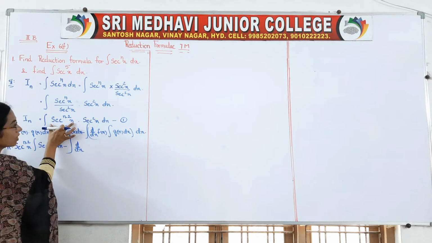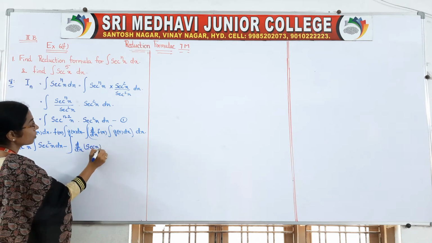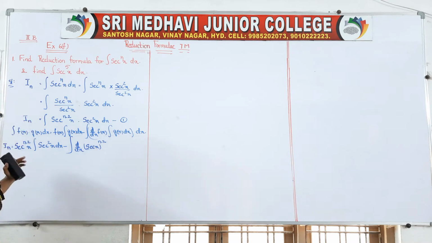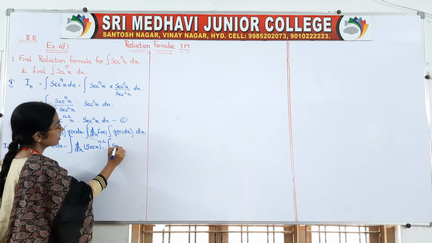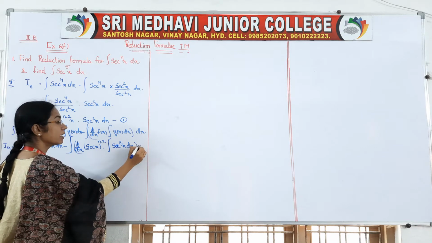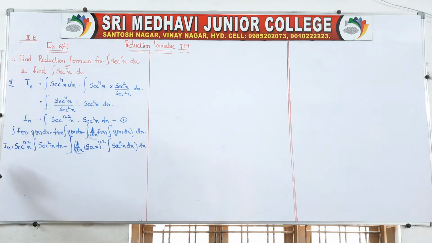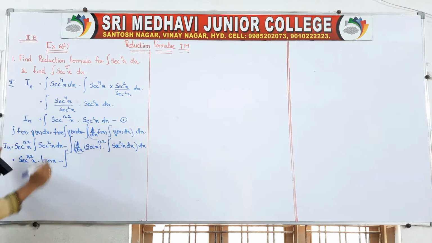What is our f of x? This one. We can write that as secant x to the power of n minus 2, into integral secant square x dx, whole dx. Okay, so it is equal to secant to the power of n minus 2 x, integral secant square x is nothing but tan x, minus integration of d by dx of